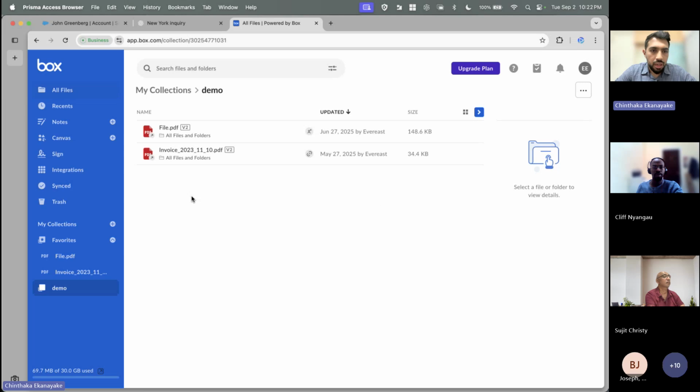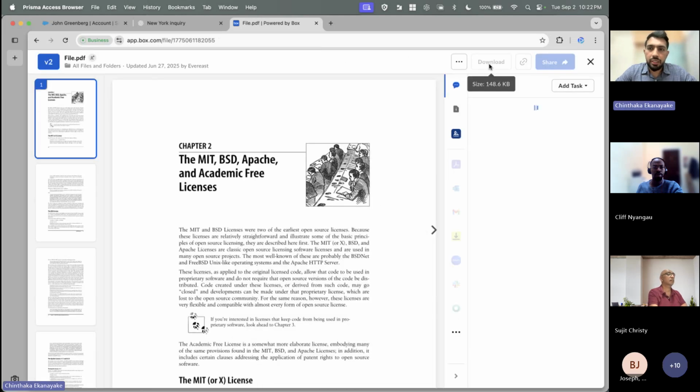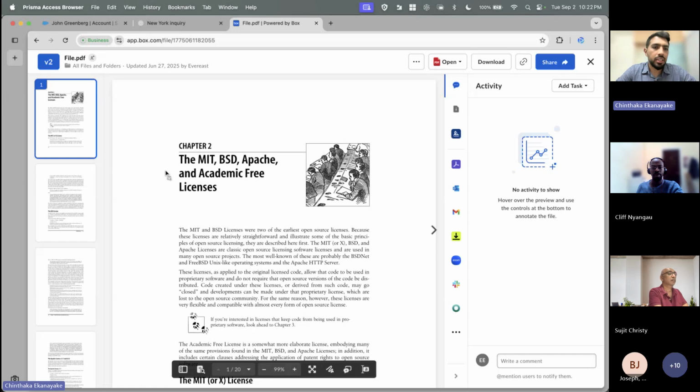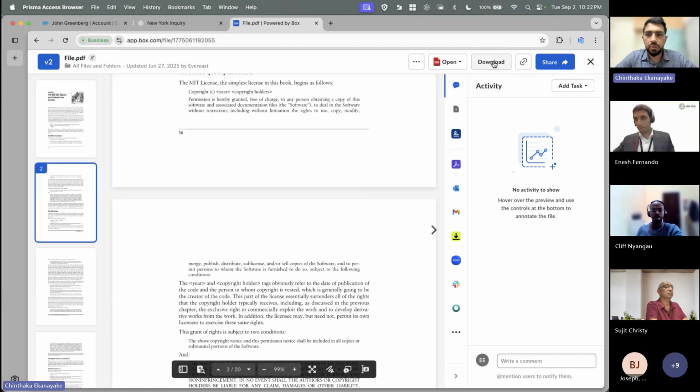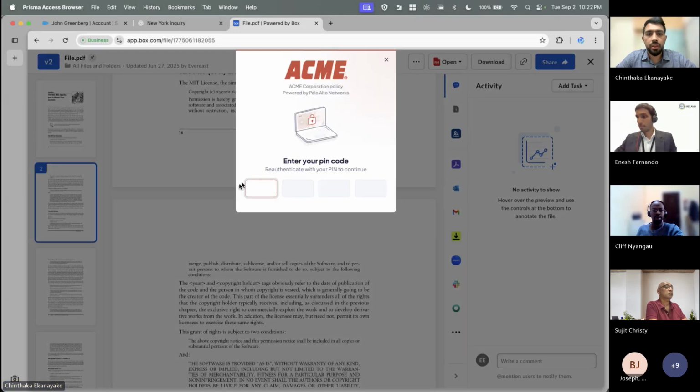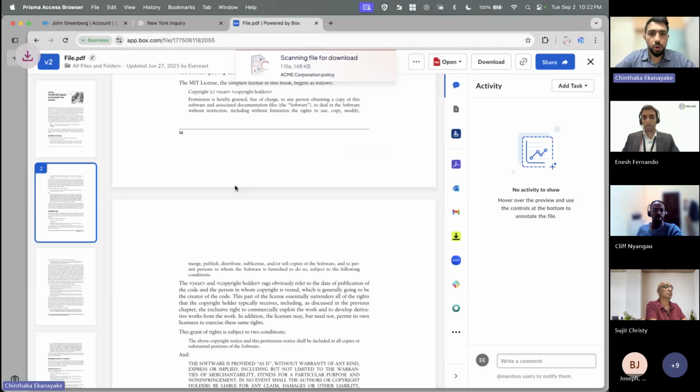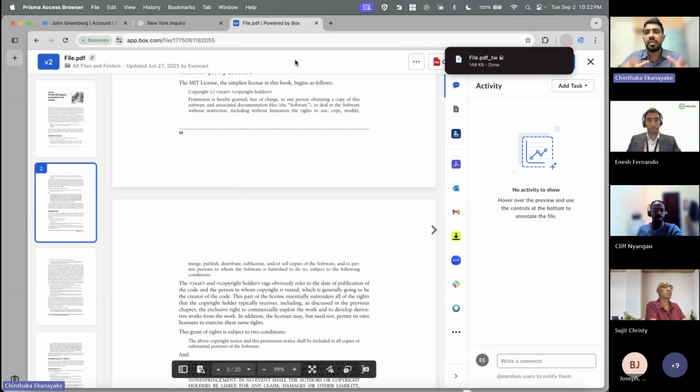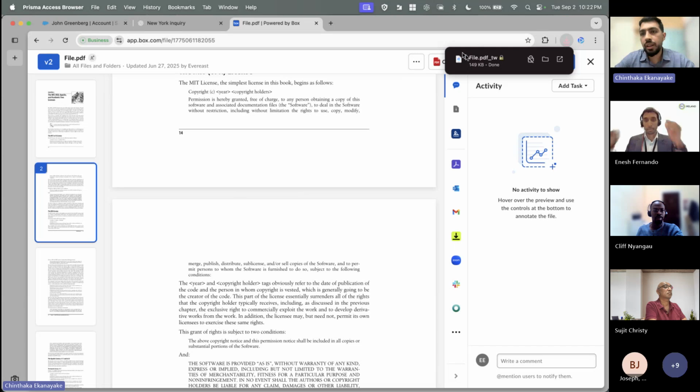And next, I will show you around file downloads. We have a very interesting concept. Now, this file doesn't have anything sensitive. I'm just going to download this. It asks for an additional MFA when I want to download. So I'm going to provide that MFA, and it scanned whether there's malware or not. And here you can see when you download, it downloaded in an encrypted format.